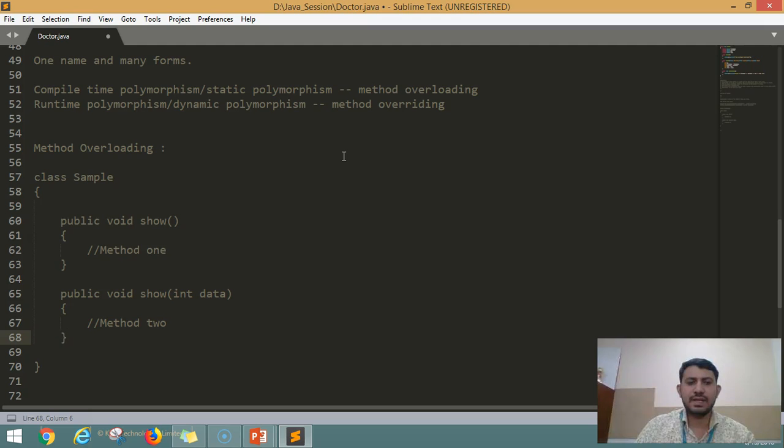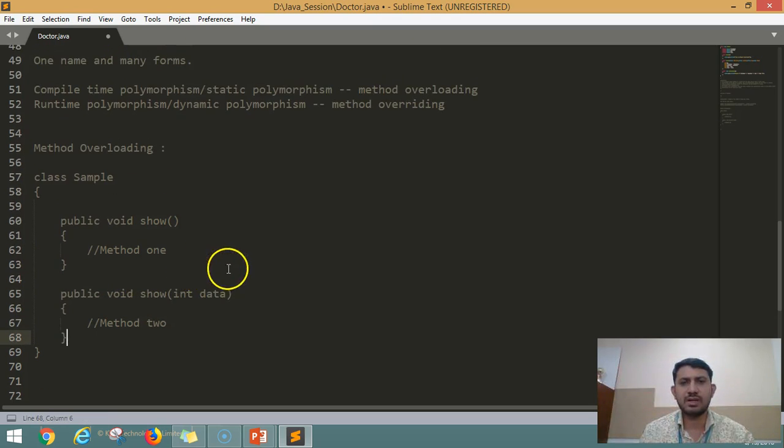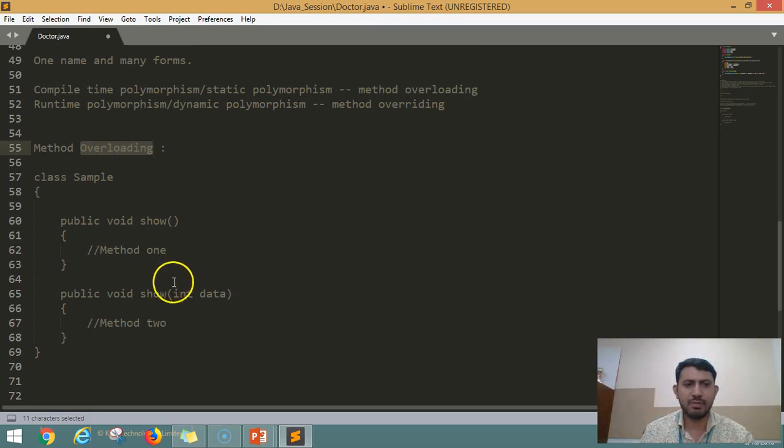So you can see one name has many forms. If I call show without a parameter, this action is going to take place, and if I call the show method with some integer parameter, this method will be executed. This is called method overloading, which is compile time polymorphism, also called static polymorphism, and method overriding is